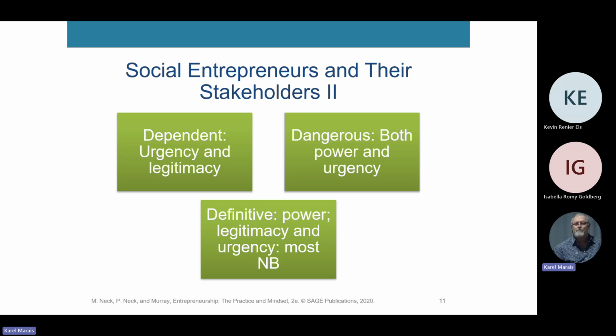Then we have the dependent stakeholders. They have urgency and legitimacy. So they are somebody that is legitimately involved, or legitimately linked to your organization, but they're also making a noise. So they're also out there screaming and shouting. Because they've got legitimacy and they've got urgency, you need to address them and give them attention immediately. Because if you don't address their issue, their urgency, they might take the legitimacy away from you and walk away with their legitimacy.